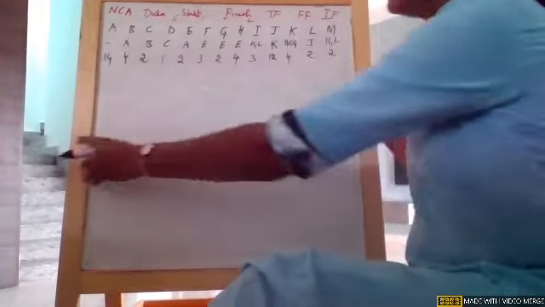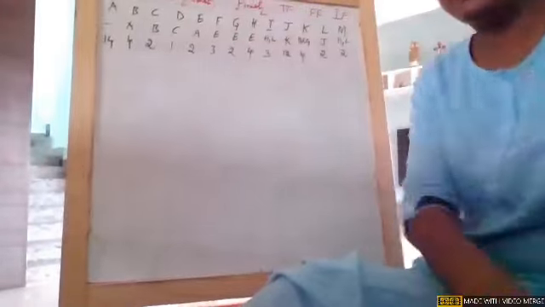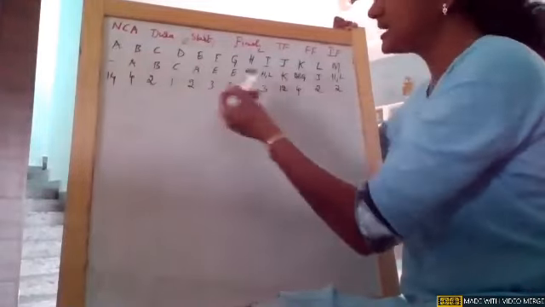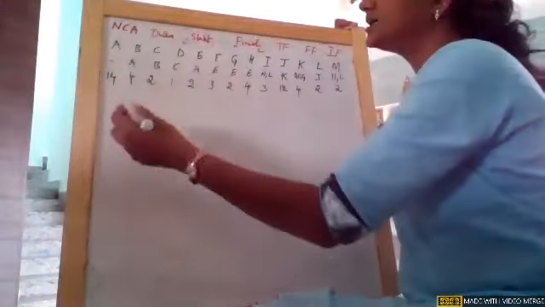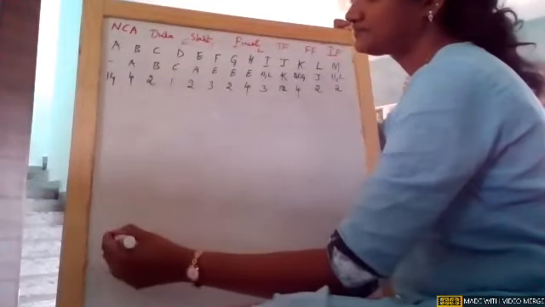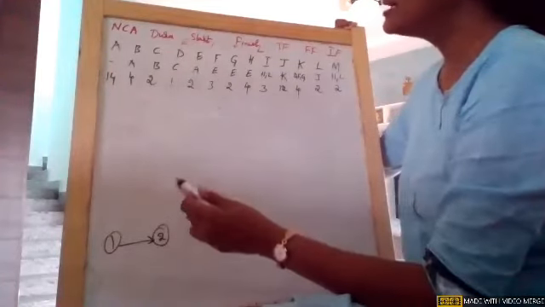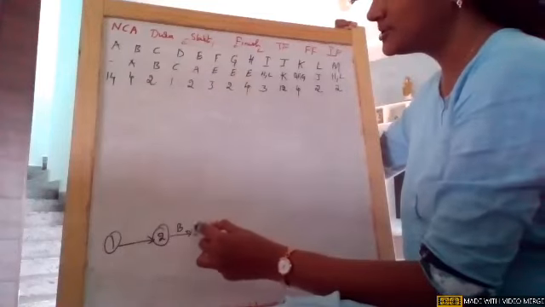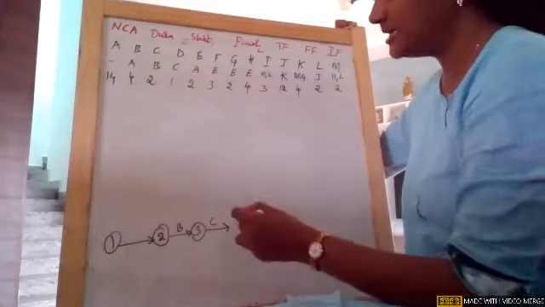Okay, so now you can see I just wrote the first row is about the activities, second row predecessor activities, third row is duration. So I'm constructing the network. A is not having any predecessor, so it is starting from 1 to 2. Then A is giving rise to B, B is giving rise to C, and C is giving rise to D.